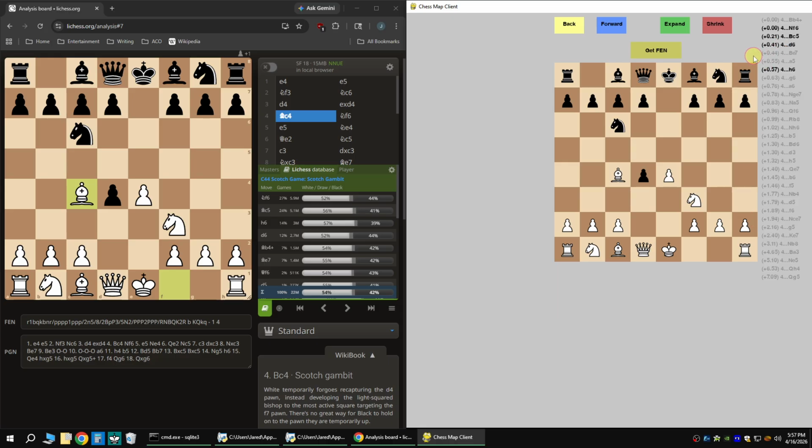So 0.41 is 41 hundredths of a pawn. And I've got these pre-calculated to a depth of 200 million nodes. A node is kind of like a position that comes off of this position. So if they go knight f6, Stockfish has looked 200 million positions from that point in time forward, trying to